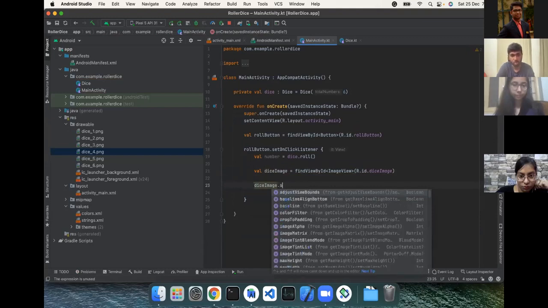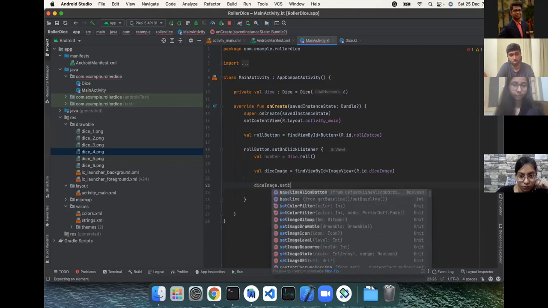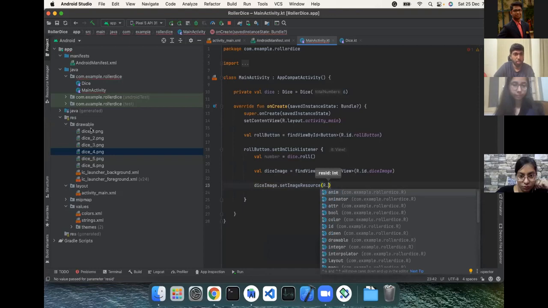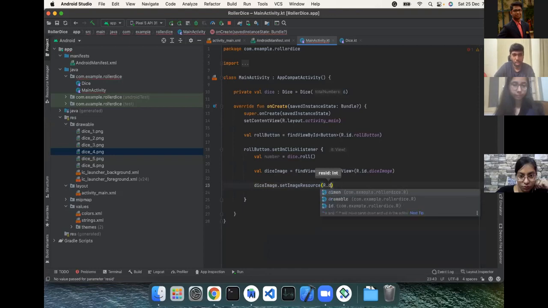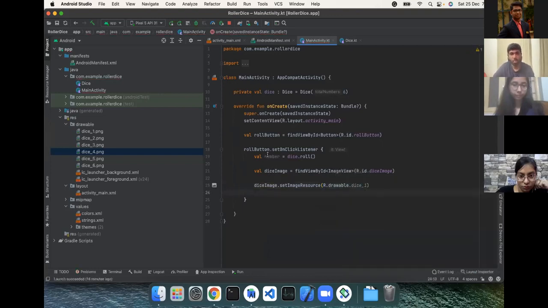Set image source. And we have to say it like R.drawable. The images lie in the drawable folder, so we have to put R.drawable dot. But it should be based on the number only. So we need to create a variable, image ID,